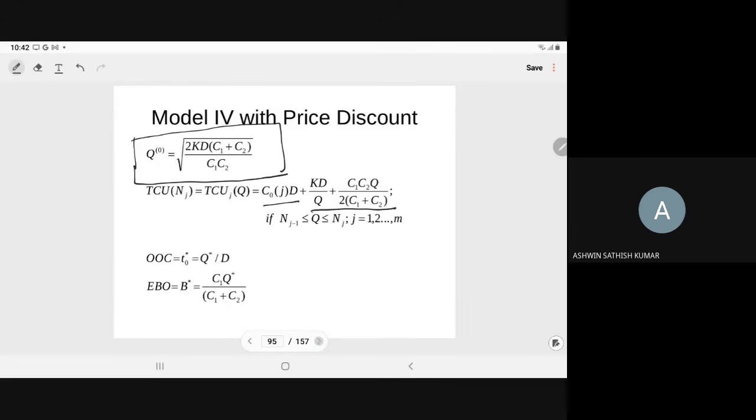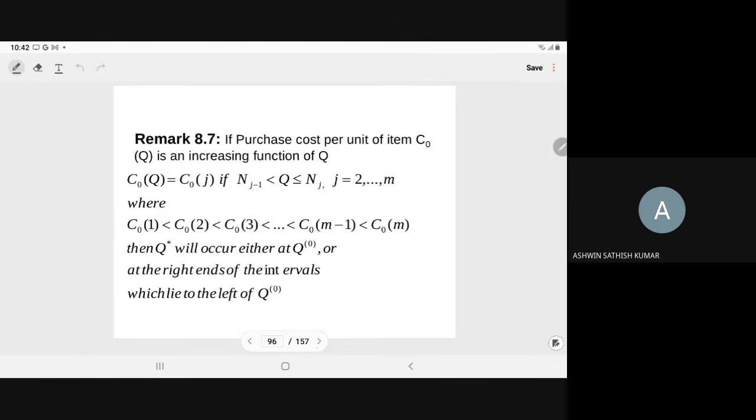Now, an important remark: if we have a very rare item, for example, presently we have the war between Russia and Ukraine. There, if you want to purchase more items for storing, instead of having the price discount, you have to pay more for the more quantity. Generally, when we have to purchase the item in black, for example, a gas cylinder in black,